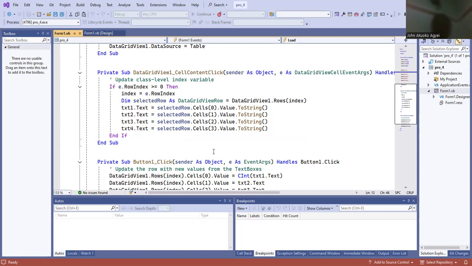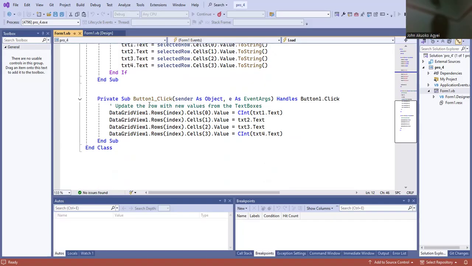So we later move on to the Button1_Click. So we get this skeleton when we double click on the button in the UI. So this is where the update takes place when we click on the button. So we have DataGridView.Rows(index).Cells(0).Value equal to CInt(txt1.Text). So what this does is that